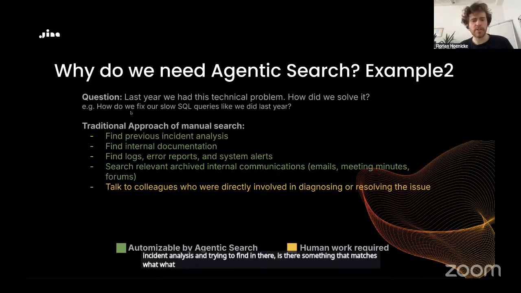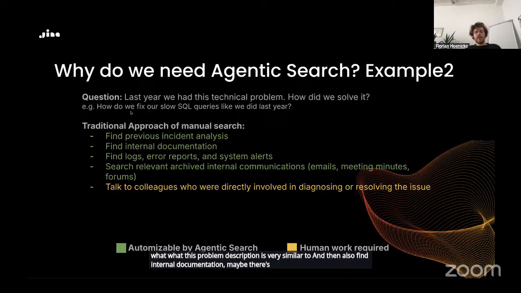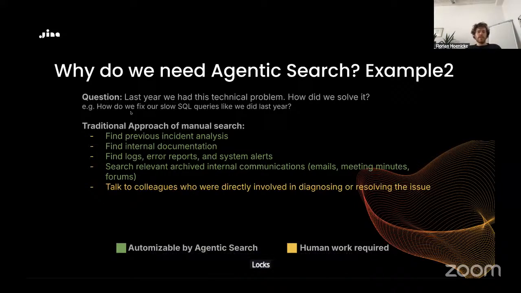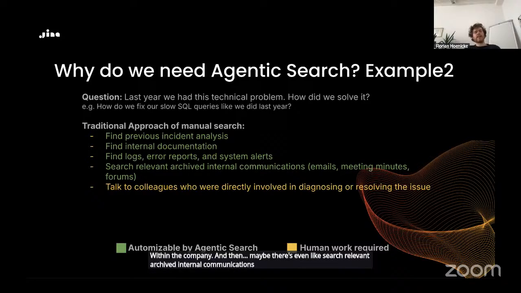Then it also finds internal documentation, maybe an internal wiki, logs, and error reports. It can look into a lot of data within the company. Maybe it even searches relevant archived internal communication, like an archived Slack channel